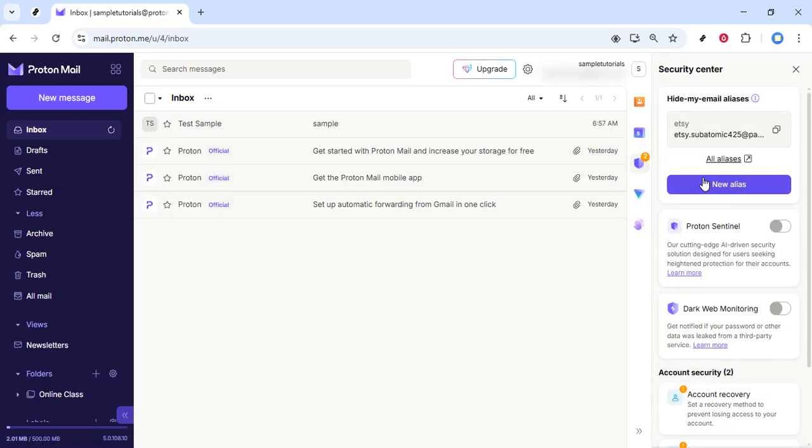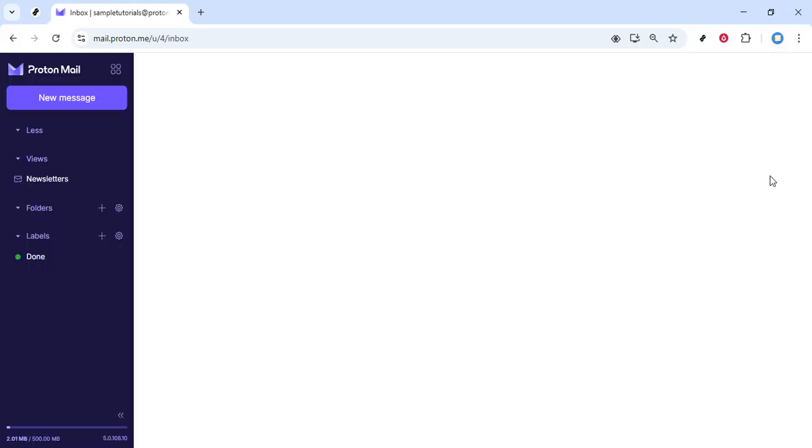The first thing you'll usually see is a field for the title and the alias itself. The title is mainly for your own reference. It doesn't change how the email works. Think of it as a label that helps you remember why you created that alias. For example, you might name it shopping, newsletters, or work projects, depending on where you plan to use it. Type a clear descriptive title so that later, when you're managing multiple aliases, you can instantly see what each one